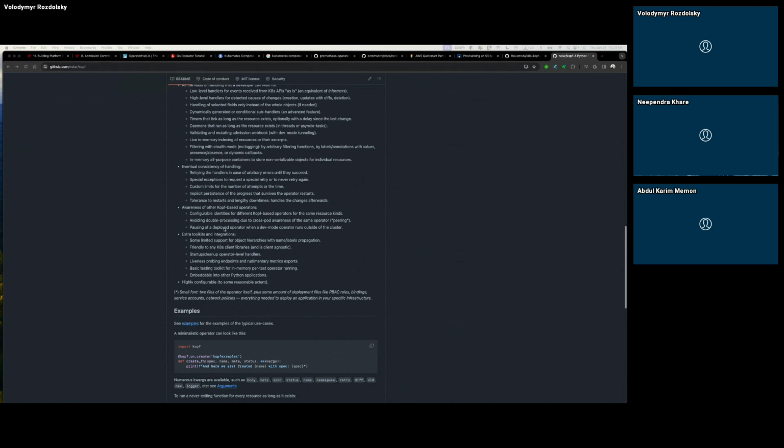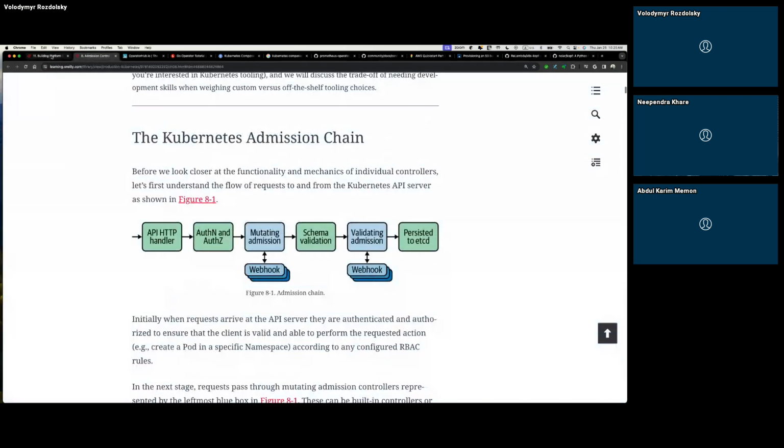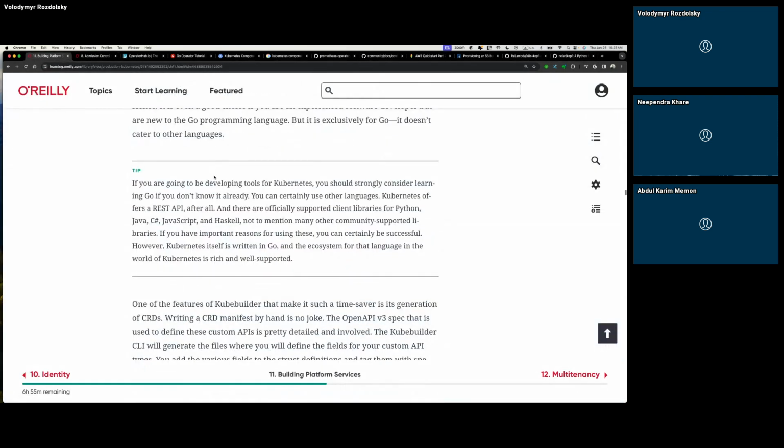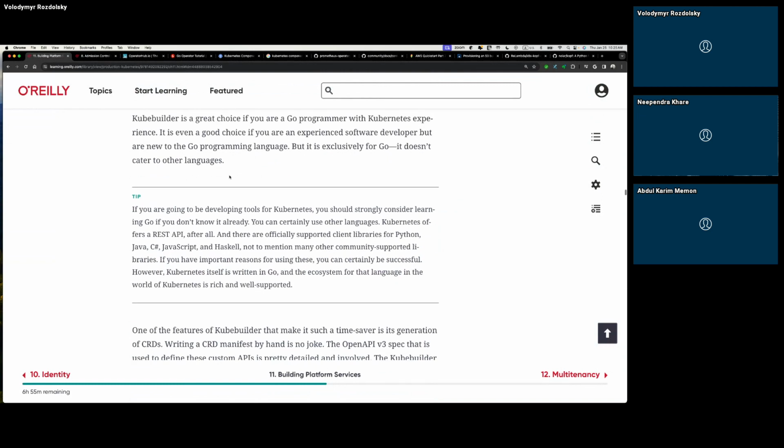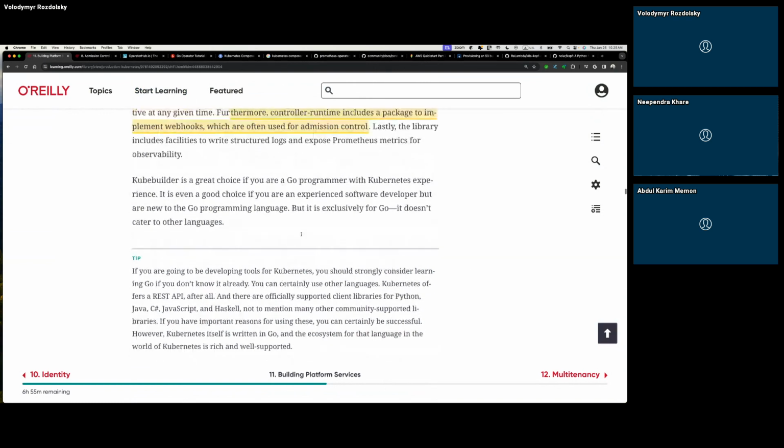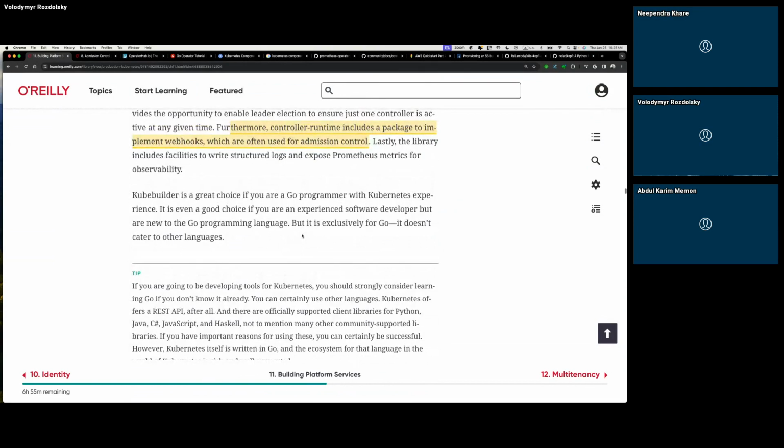Okay, so maybe we'll continue with the operator SDK installation next time. Does anybody else have anything that we can discuss in the meantime? We have 5 minutes left. I think we are good. We can close today early. Does anybody have any other suggestions or feedback or points to be taken into account?